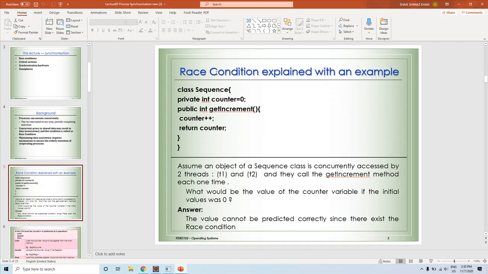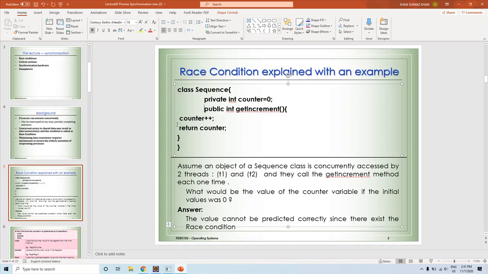Now let us discuss the race condition problem using Java code. This is a class called Sequence.